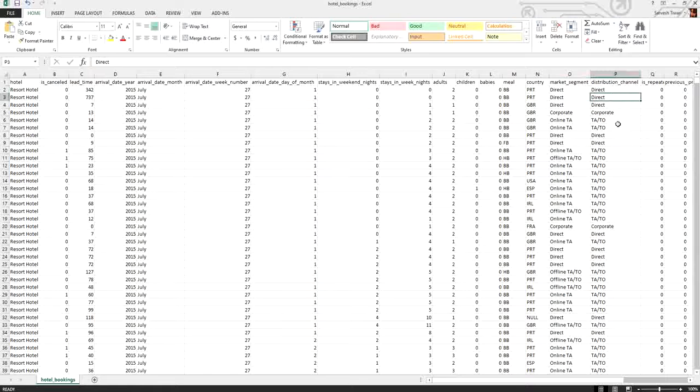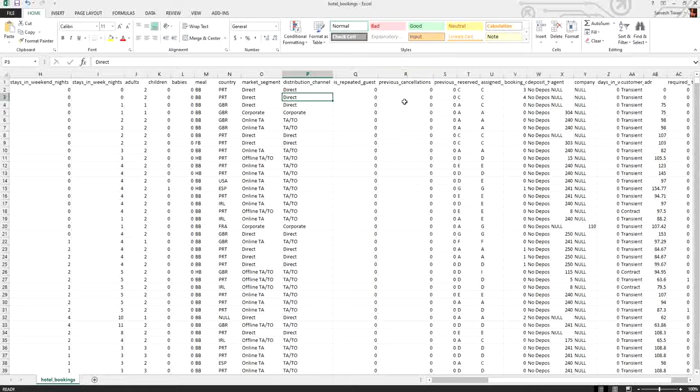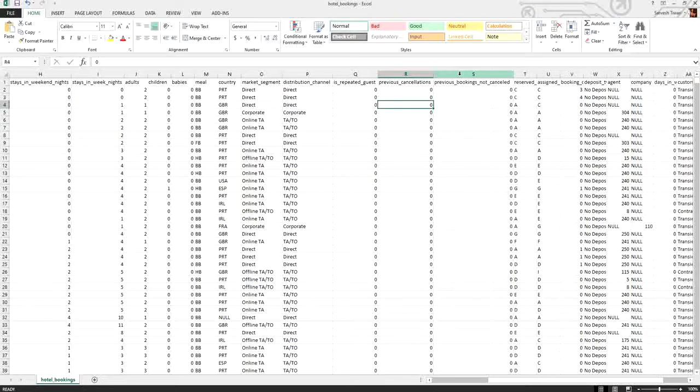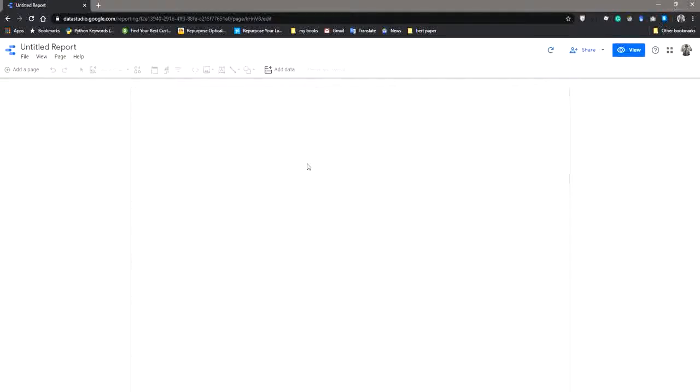This is the channel on which the user got distributed. In this column it is showing whether it is a repeated guest or not, and whether he has done some previous cancellation, previous booking not cancelled, and all those things. So this is the dataset for the hotel booking demand. We are going to use this dataset, so first of all, we are going to import it.